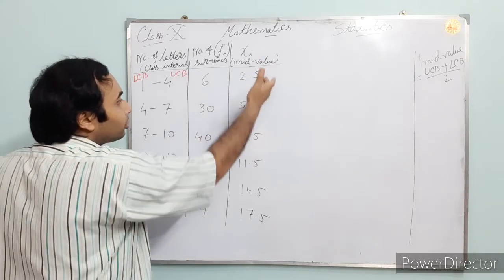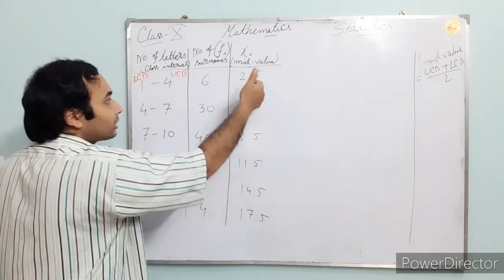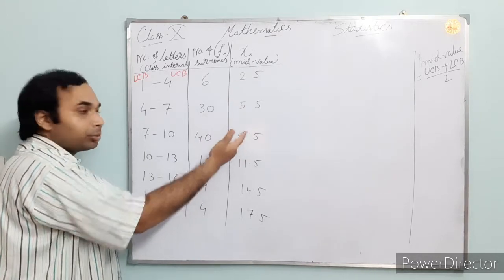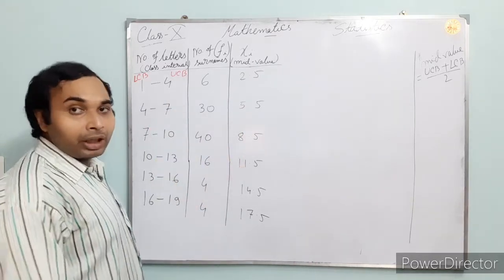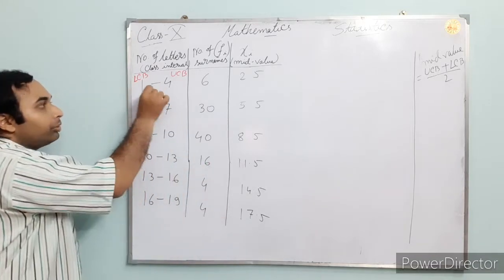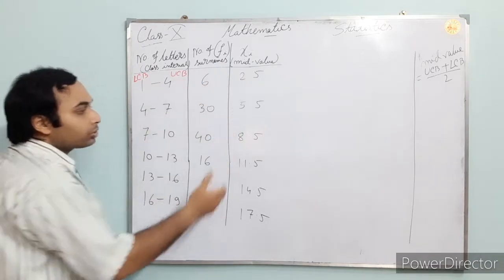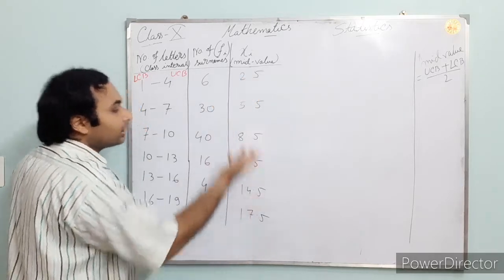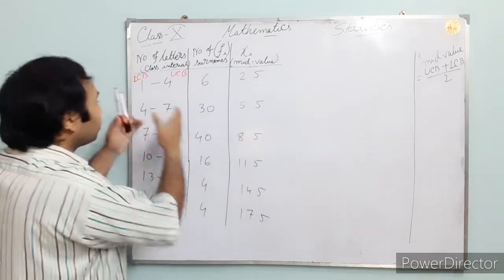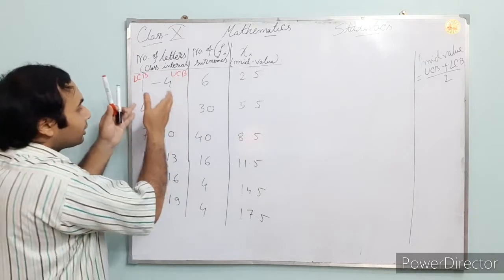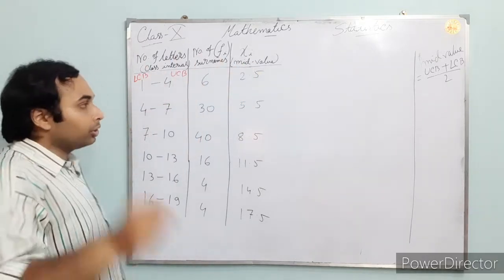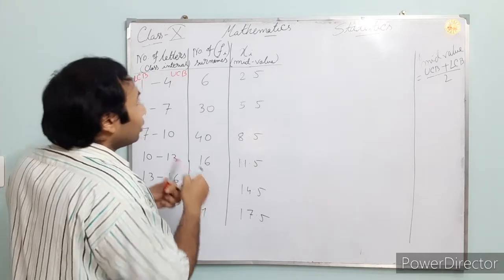So here also it will be of equal distance. Here 2.5, then plus 3, 5.5, plus 3, 8.5, plus 3, 11.5, and so on. So how much will be the class width? That much difference will be here. So if you find the first one, then just add 3 each time and you will find the result. No need to do upper class boundary plus lower class boundary by 2 in each and every step. No need to do that. So the next step,